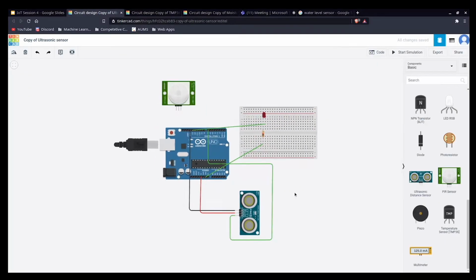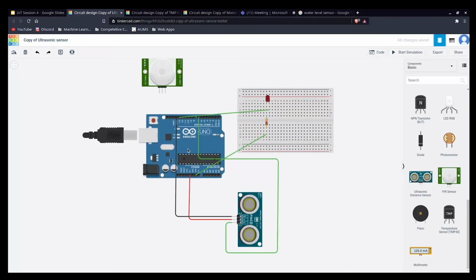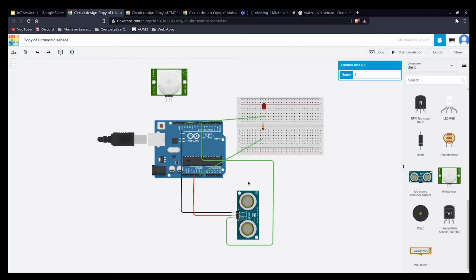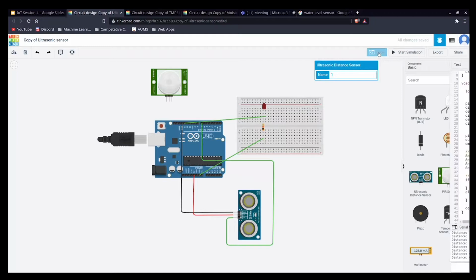All right, so let's begin. So this here, as you can see, is the main Arduino Uno board, and this here is the ultrasonic distance sensor which will be used for calculating the distance and sending it back to the board. And whenever we detect an obstacle less than a given range, that will be in the code which I'll be showing later, the LED light will blink. Okay, so let's go through the code first.